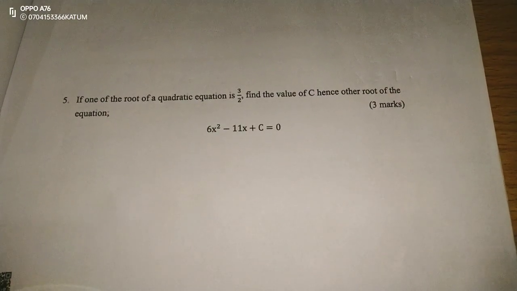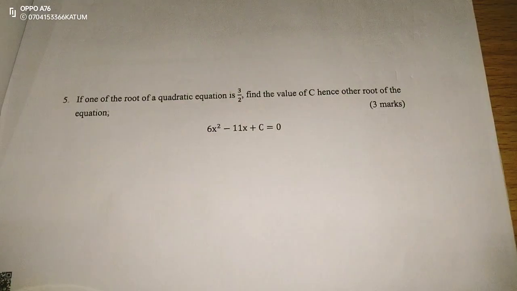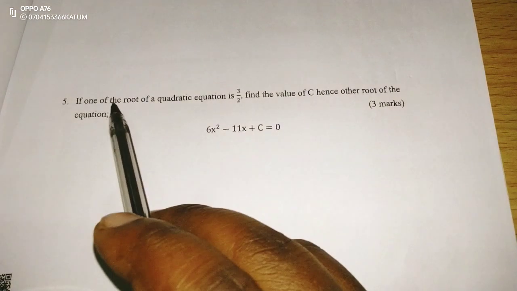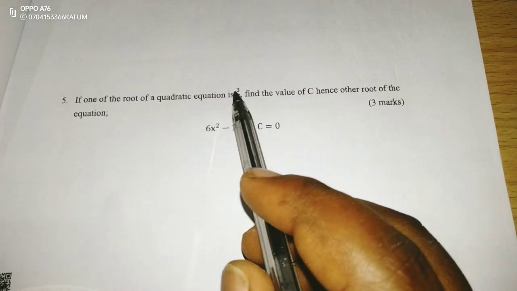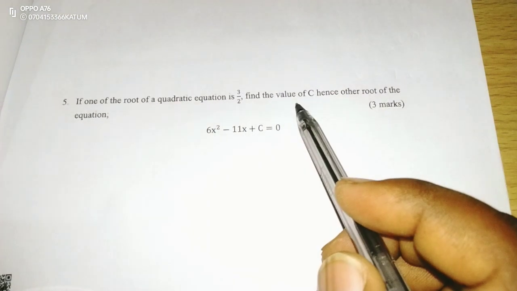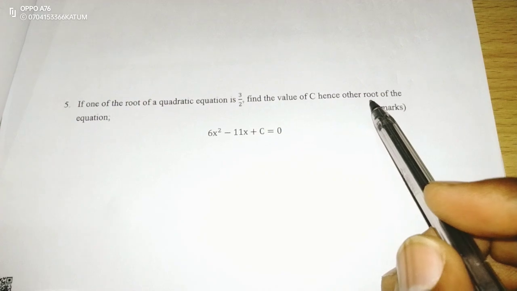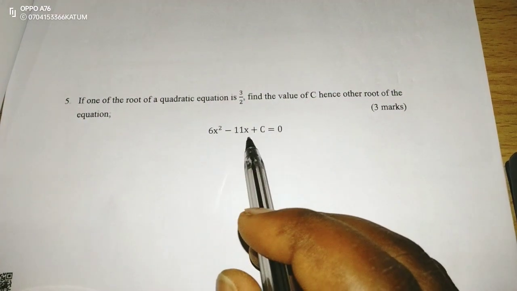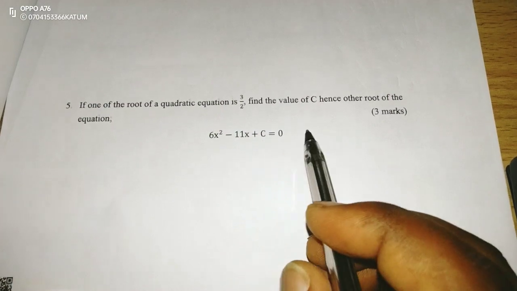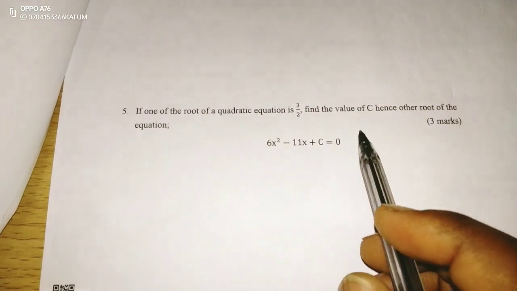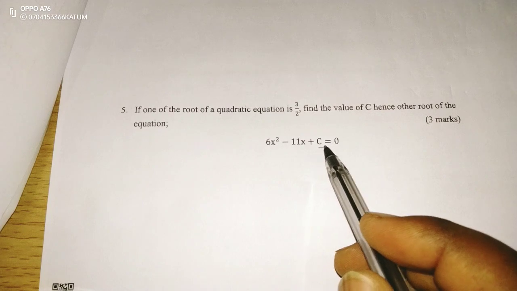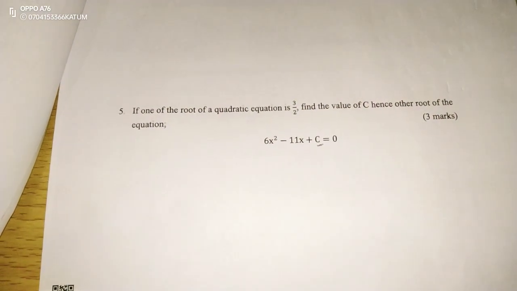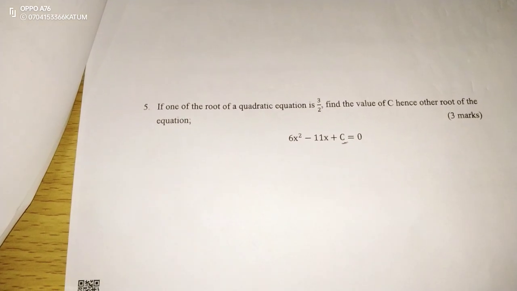We are going to continue with mathematics prediction, paper 2, number 5. We are told if one root of a quadratic equation is 3 over 2, find the value of c, hence the other root of the equation 6x squared minus 11x plus c equals 0. So this is an equation where the constant here is unknown, and we have to first find it and proceed to solve for the other root